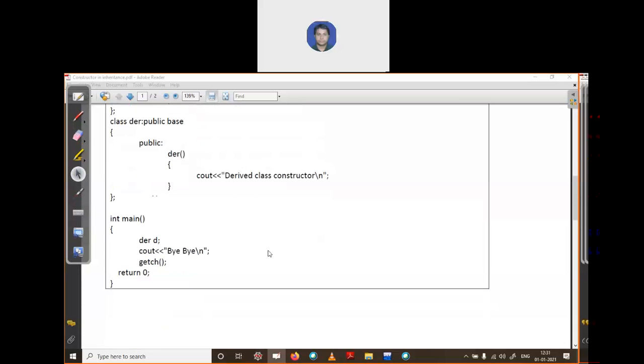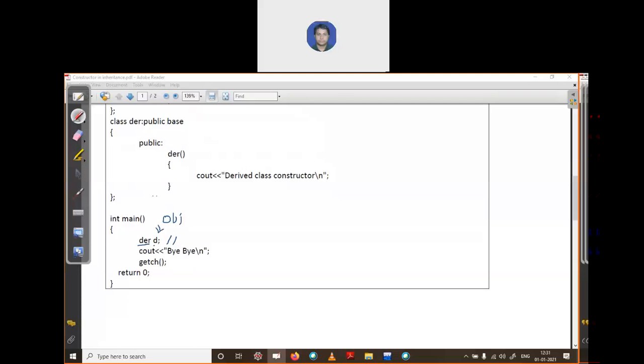Now my main method starts. In the main method I declared der d, where d is an object of which class? Der. So this small d is an object of class der.